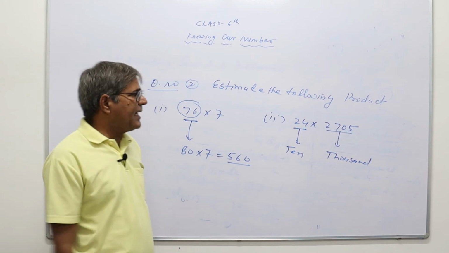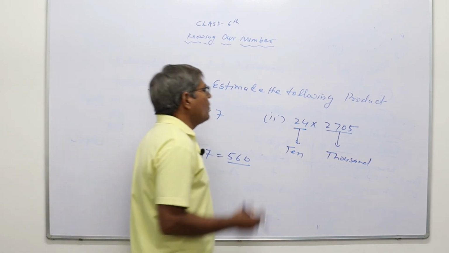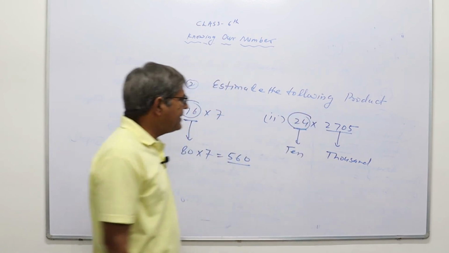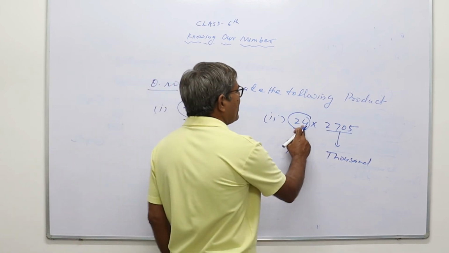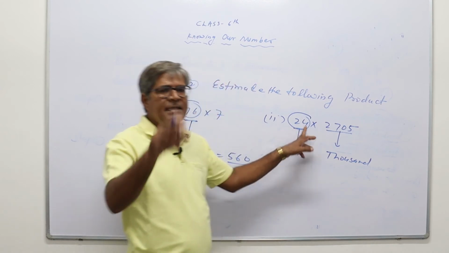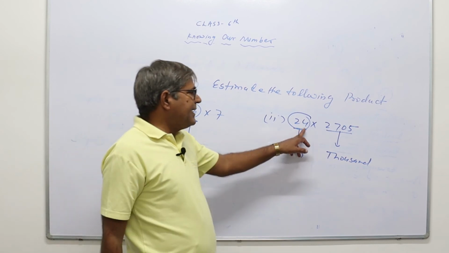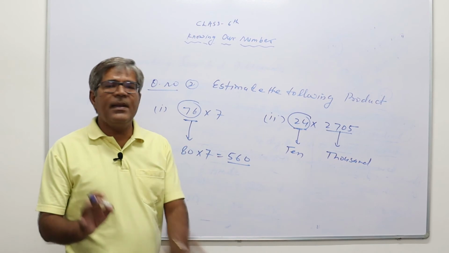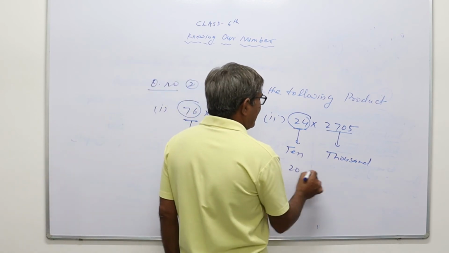Now what is the general working rule? Without writing, now you have to solve. So in a 2 digit number, we have to convert it into nearest 10. So we will observe the digit at unit or ones. Here the ones digit is 4. 4 is less than 5. So the ones digit will be replaced by 0, and the digit at tens will be unchanged. So the nearest 10 number will be 20.